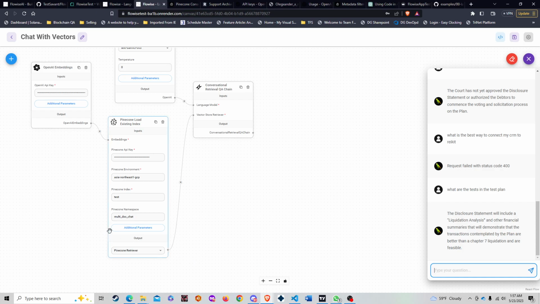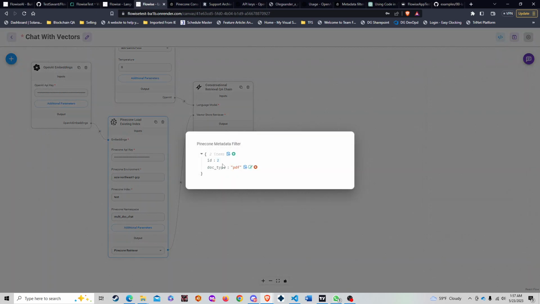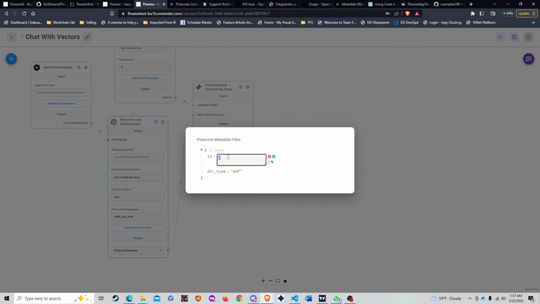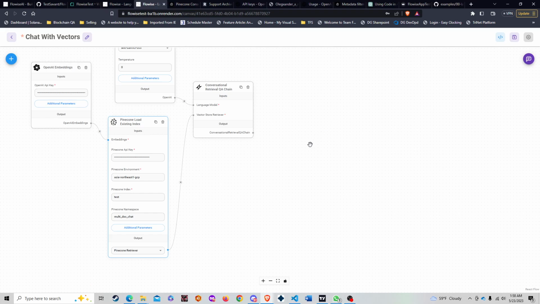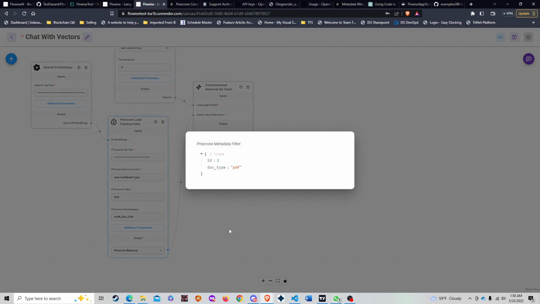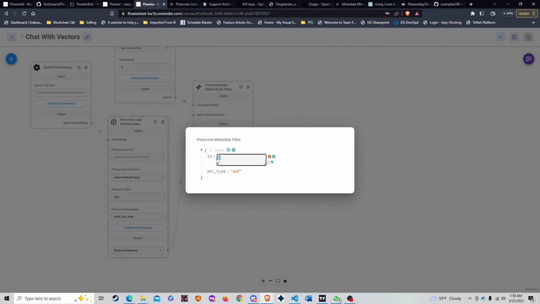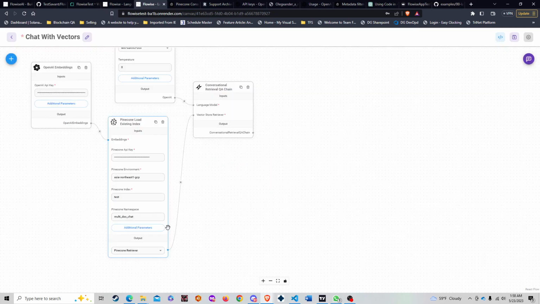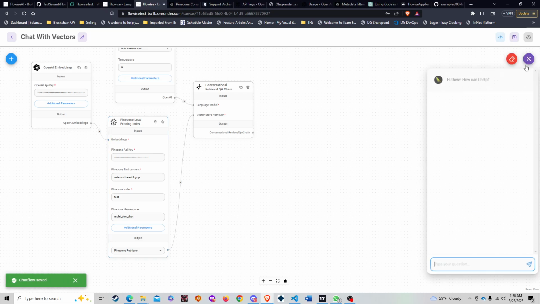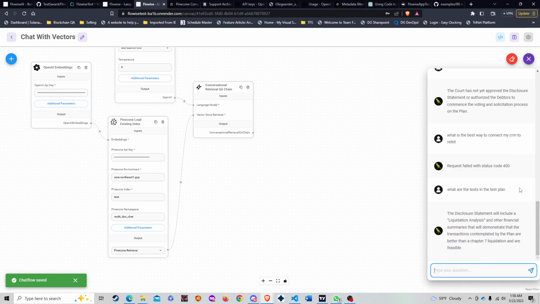So now let's take a look at the additional parameters here, and let's set the ID to 1. And we'll come back real quick just to confirm. You see, all right. So let's check the ID 1. All right, perfect. Let's save. Chat flow saved,